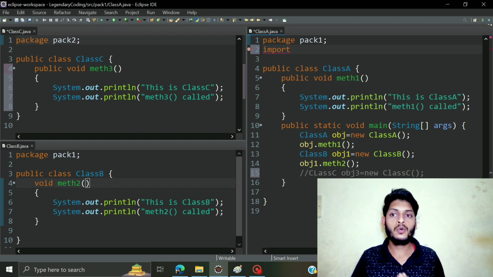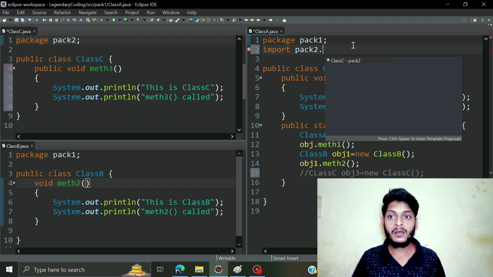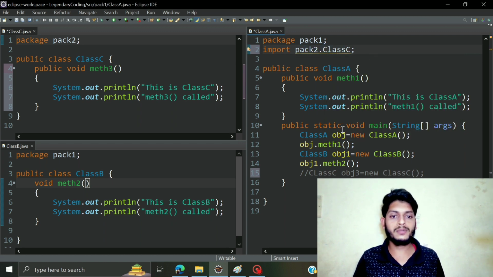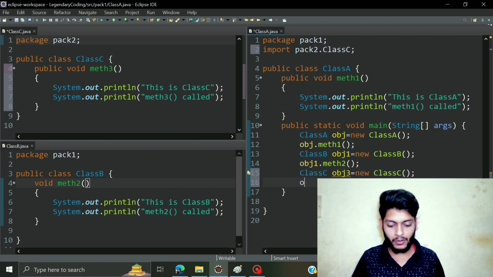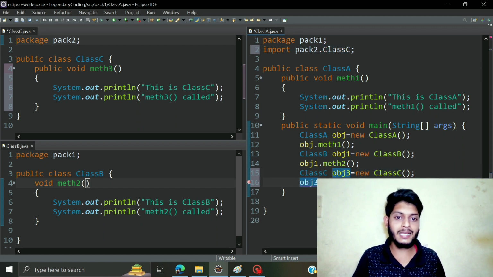So guys, जो class C है उसे हमें पैकेज 1 के अंदर import करना है guys, ठीक है। तो class C को एक्सेस करने के लिए import, उसके बाद हमें क्या करना होगा गाइस, उसका जो पैकेज का नाम है फुल्ली क्वालिफाइड नाम देना होगा क्लास का। तो पैक 2 के अंदर क्लास सी है गाइस, ठीक है। तो क्लास सी गाइस। नाउ इफ आई एम गोइंग टू रिमूव दिस स्टेटमेंट, देन आई विल नॉट गेट एनी एरर गाइस। सो लेट मी शो यू। सो गाइस, आप देख सकते हो मेरे को अभी कोई एरर नहीं आया गाइस, ठीक है। सो गाइस, आप देख सकते हो मैंने जब इंपोर्ट किया पैकेज 2 डॉट क्लास सी को, जब मैंने पैकेज 1 में इंपोर्ट किया गाइस, तो यहाँ जो एरर आ रहा था गाइस वो एरर रिमूव हो गया गाइस, ठीक है।